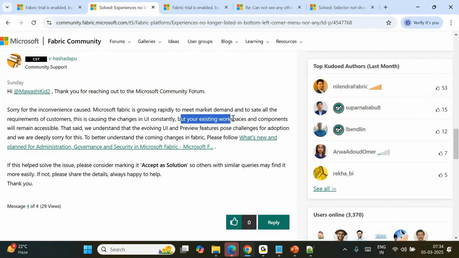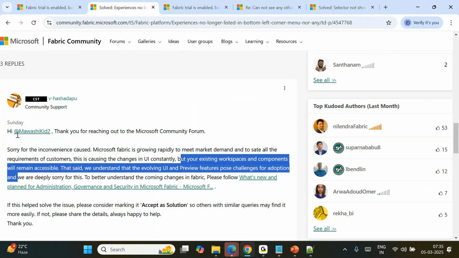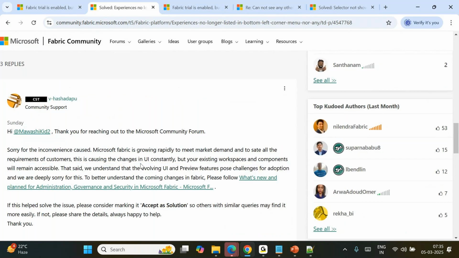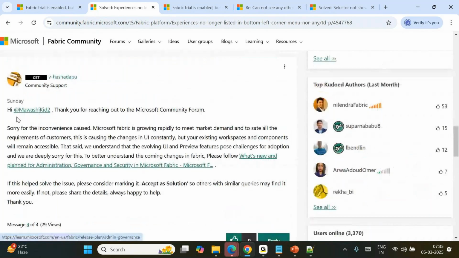But your existing workspaces components will remain accessible. That said, we understand that evolving UI preview features pose challenges for adaptation. This is the biggest problem. We thought account creation was the issue, but he's saying they have changed this particular UI based on the customer needs. Understood? When he responded